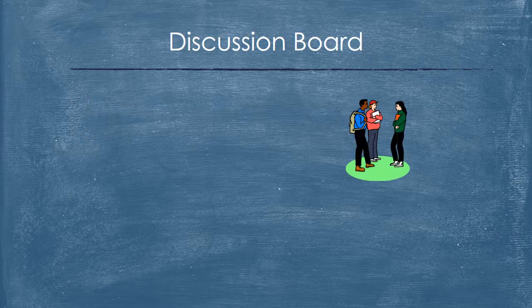The next thing I'd like to talk about is the discussion board. Now, as you know, all of our online classes here at SNHU use the discussion board, so we can get to know each other, talk to each other about the concepts, show our understanding, and engage with each other. One important thing is to start early. You might want to get some reading done before you start your discussion, and that's understandable, but the earlier in the week that you get the discussion board done, the easier the rest of the week will be for you. Not only does it help your grade, since timeliness is a big factor in your grade, but it also gives the whole class time to respond to you and have a robust discussion.